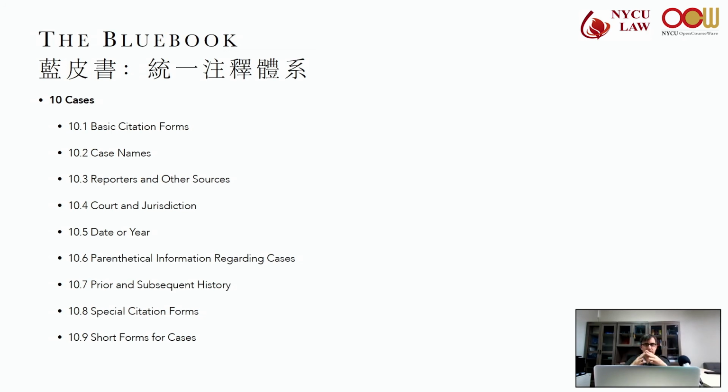Number 8, we have the short form for the Martinez Fuerte case, which happens in 3. So 7, 6, 5, 4. Sorry, it happens in 4 in short form, which is in the last 5. Same with California Bankers and the In Re case. So it gets a little bit tricky. There's a little bit of math involved. But just realize that short forms can be used if it's already cited in the same footnote or cited in full or in short, including id, in one of the 5 preceding footnotes.